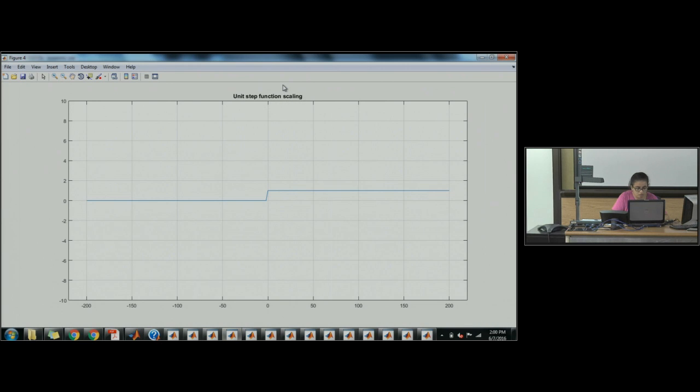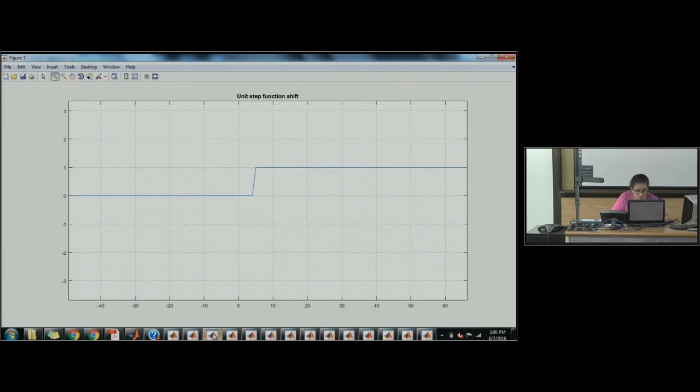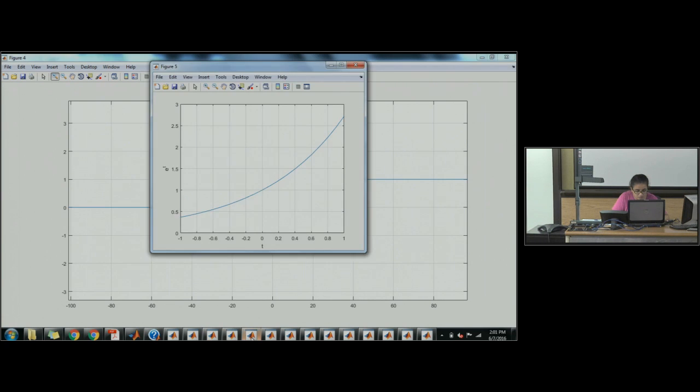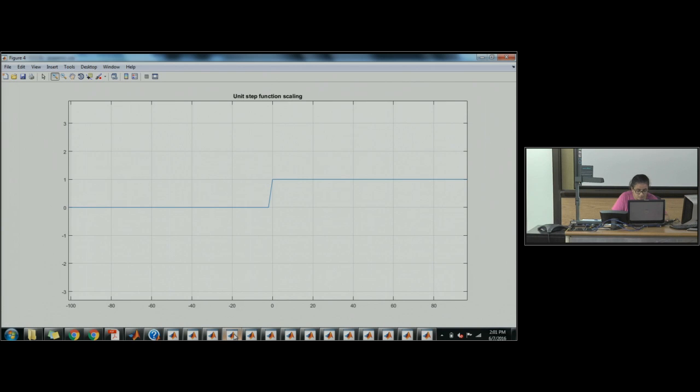If we go over here, wrong figure. It should be scaled. Why isn't it scaled? It is scaled. Okay, so this is amplitude scaling that I just told you. There are 2 scalings that you can do: amplitude scaling or time scaling. Okay, so amplitude scaling, you have the same amount of the signal for the same amount of time. It's just double in amplitude. Okay, if you're doing time scaling,